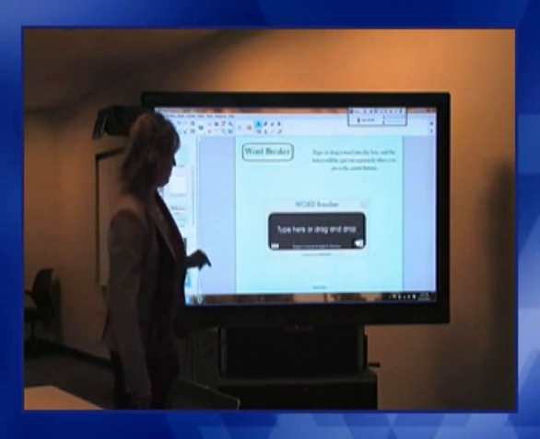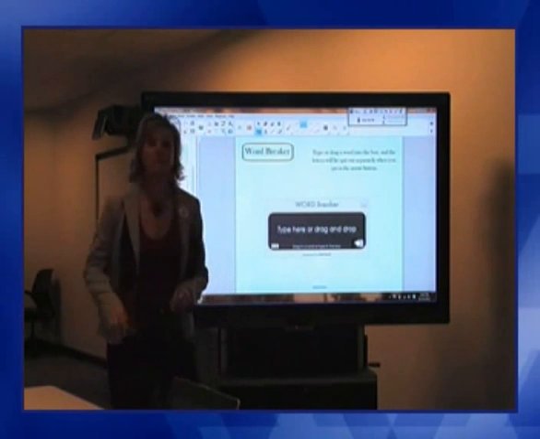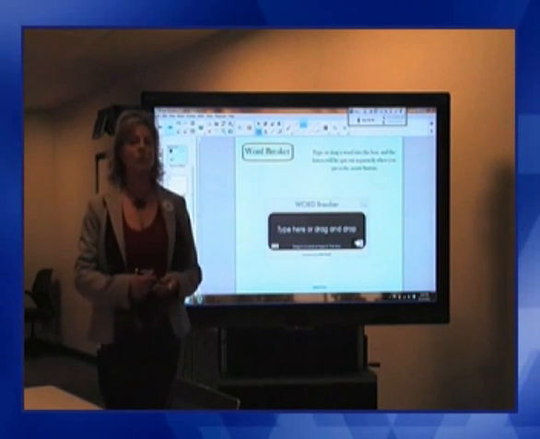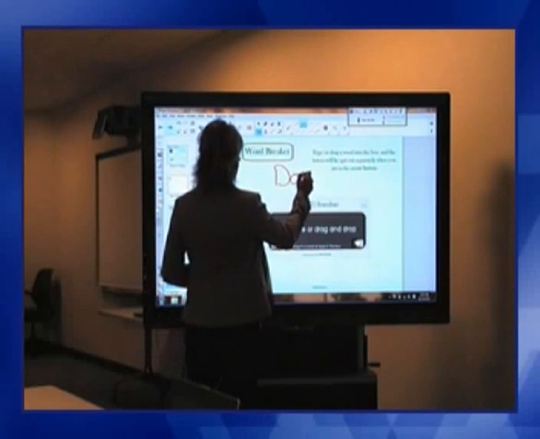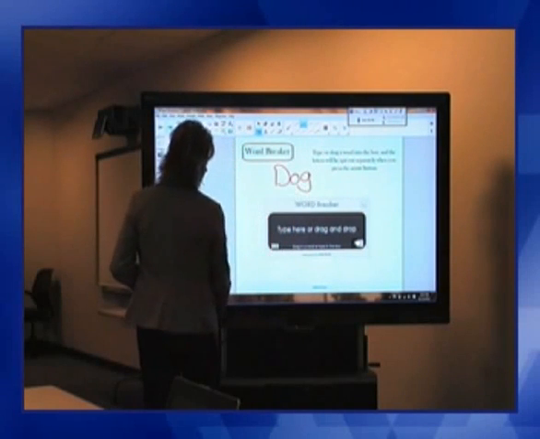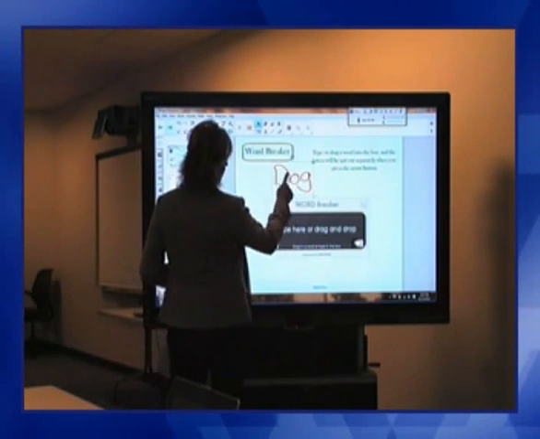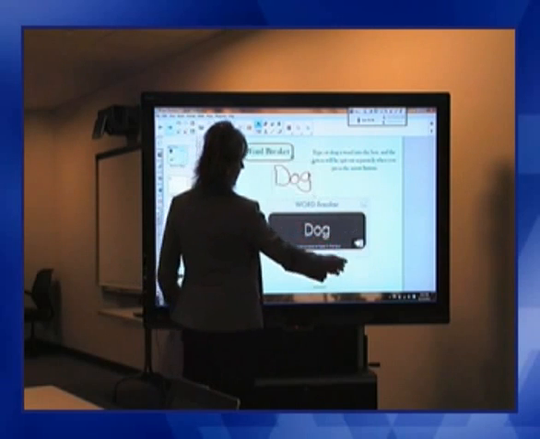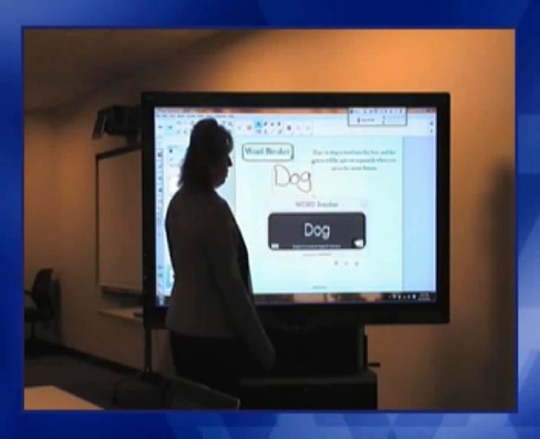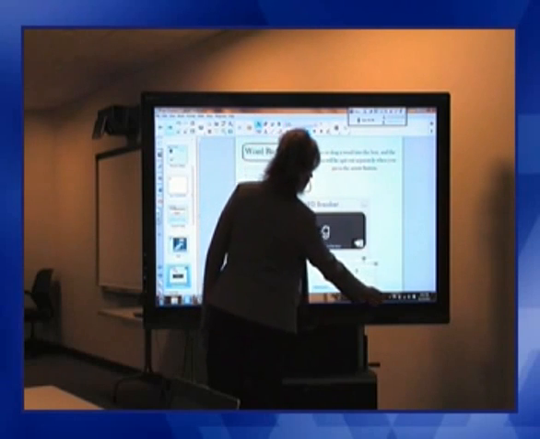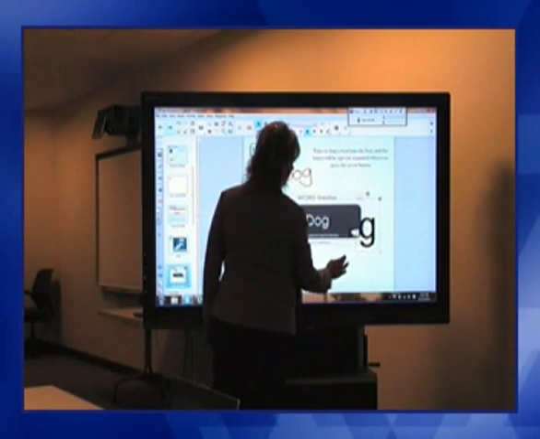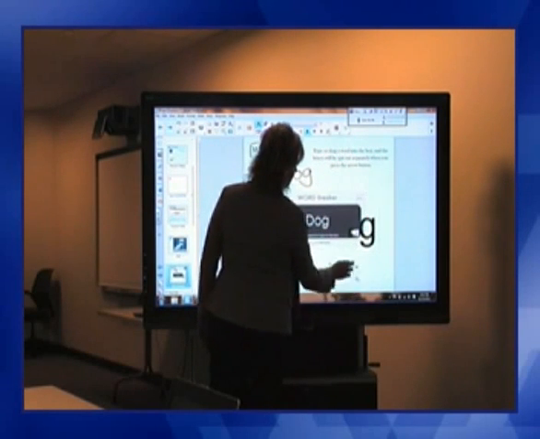Word breaker. This actually was one of my favorites, especially for elementary students. So one of the things that I can do is write on the page. I can drag and drop this word into my word breaker. I can click go, and it pulls out the individual letters for me. These are now separate pieces of clip art, so if I wanted to make them larger and have students interact,